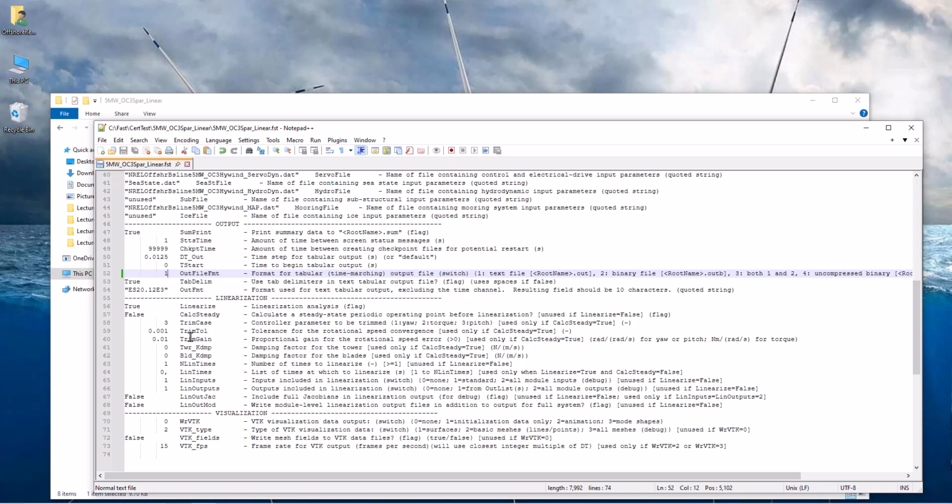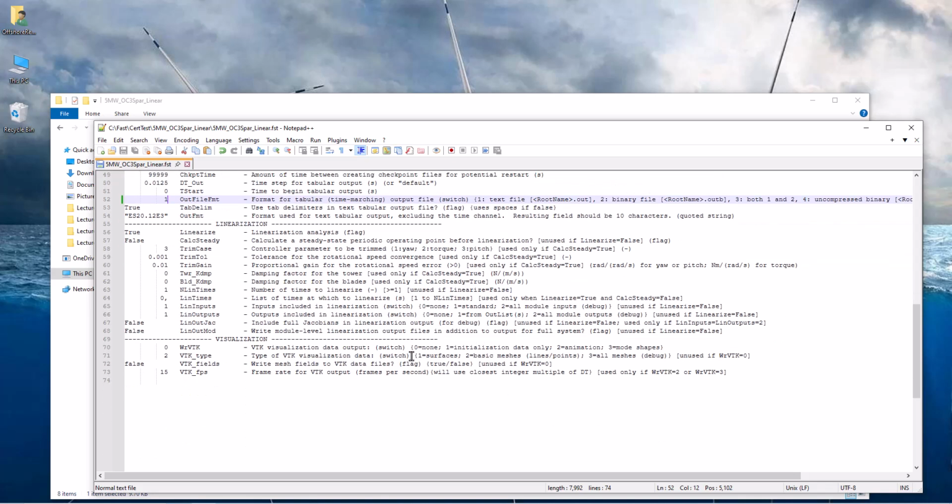If you recall from objectives, we also would like to generate some animations. In order to do that, we just need to scroll further down. Under the very last header, we have visualization, in which we can have some control over those kinds of animation out of OpenFAST. What OpenFAST does is generate a file format, which is VTK, and then we